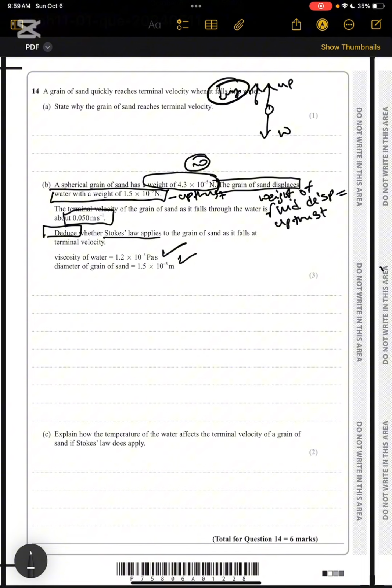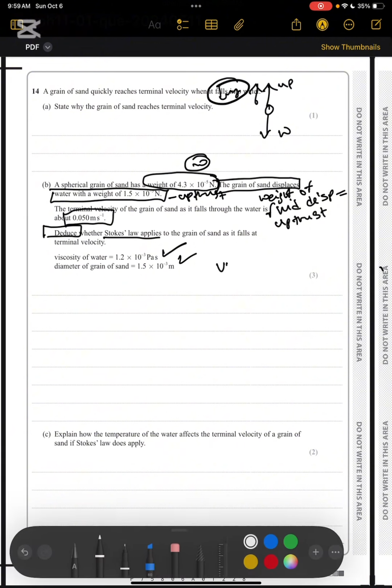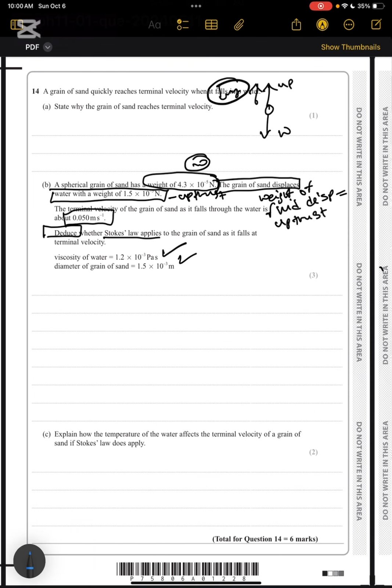So we all know for Stokes law to apply, the formula of Stokes law is viscous drag is equal to 6 pi r eta v. So we have all the things except the drag force. We have to find out the drag force. We know weight is equal to upthrust plus drag. So we have got this weight, we have got this upthrust, we have to just find out this drag using weight is equal to